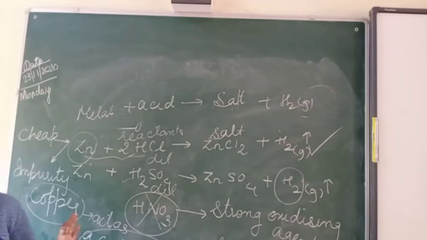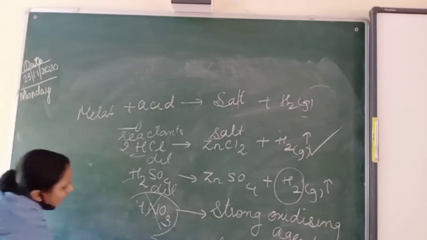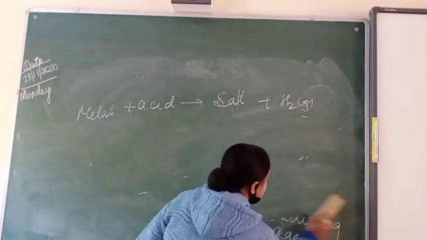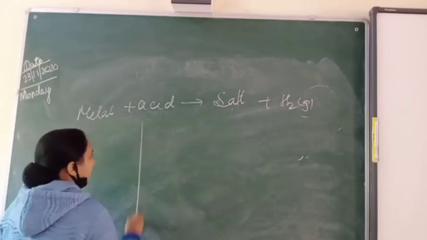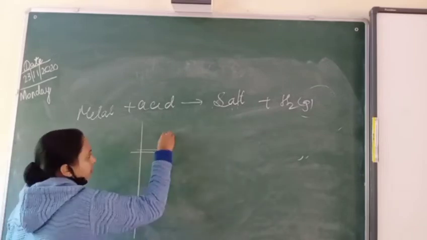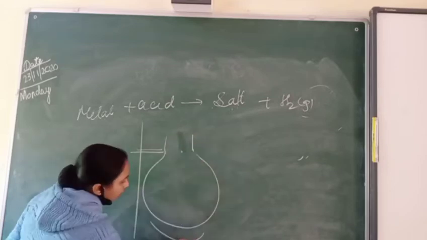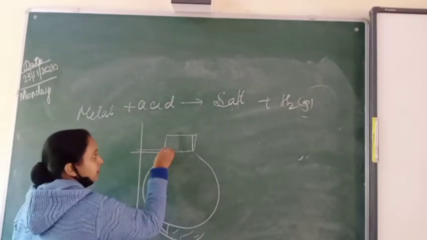Now in the diagram also we have to look a little. Now the equation is clear to you? Yes or no? Yes. Okay. See here. We have a stand. We have one round bottom flask. This is a rough diagram which is being drawn. Okay, we have a burner from below. Now in this round bottom flask there is a cork. In this cork there are two holes.